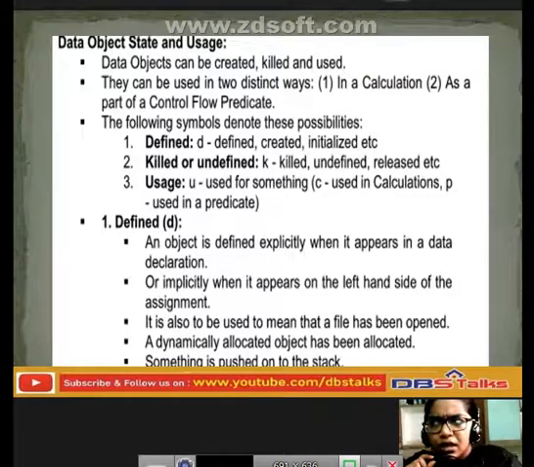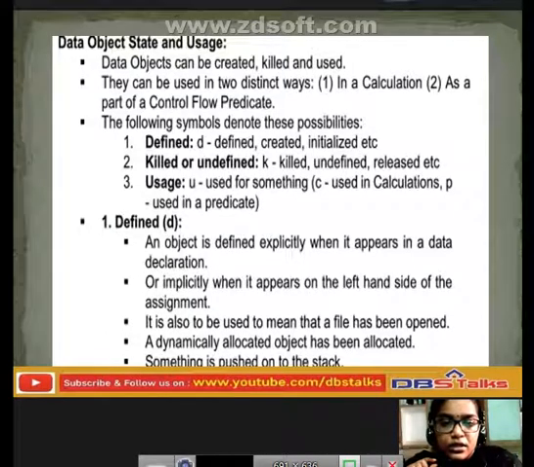The dynamically allocated object is always allocated, and we need not check whether it is allocated or not. Definitely it will be automatically allocated and something will be pushed into that particular stack.